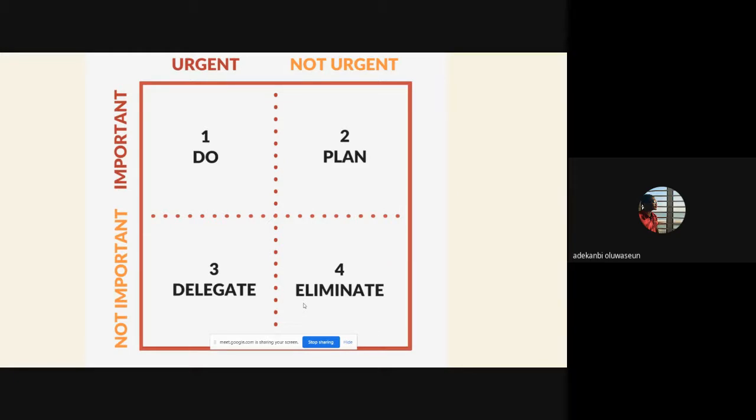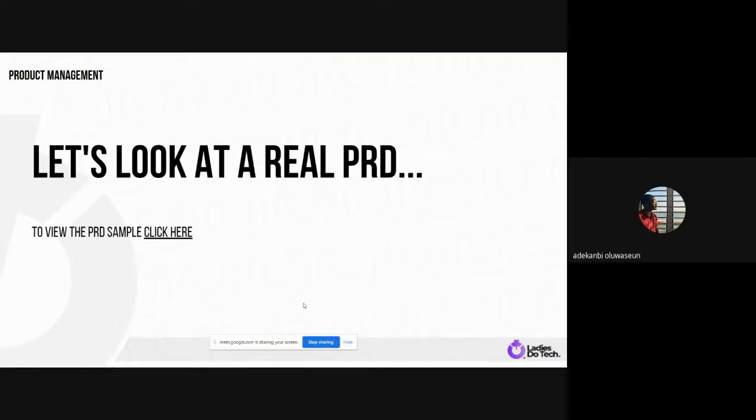So as a product manager, you don't want to waste your time because time is money for you, right? Every time your line manager or the CEO is asking, what's our plan for Q1? What's our plan for Q2? It means that you must be ready, right? Your time is money. And just so you know, you're the one that tells the engineering team what to build. The engineering team will get paid whether they like it or not. But if you don't engage them and give them what to do at the right time, the product is going to suffer, right? So that's why you have to understand prioritization very, very well.